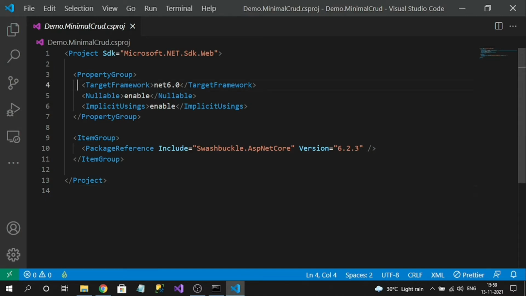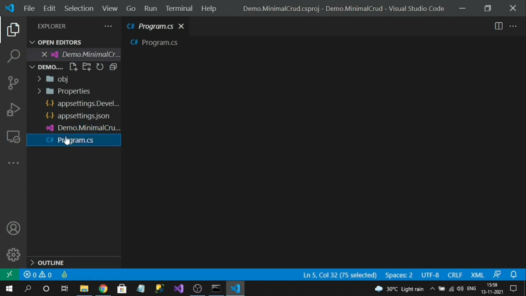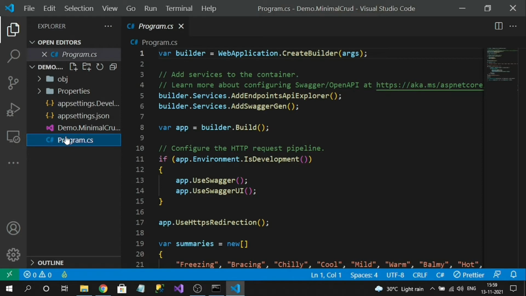You can see the target framework, and I am using Visual Studio Code editor. From .NET 6 onwards, we don't have a startup.cs file. Every registration will be under the program.cs file. If you observe one more change, that is a C# 10 feature, there are no namespaces. You can directly write your functions, methods, or properties, everything. That's why you don't see any namespace here. That is a C# 10 feature.